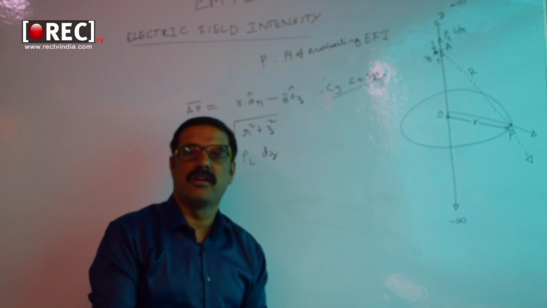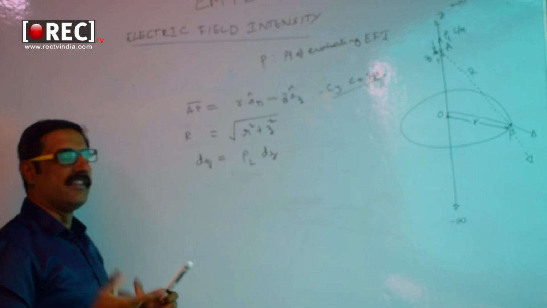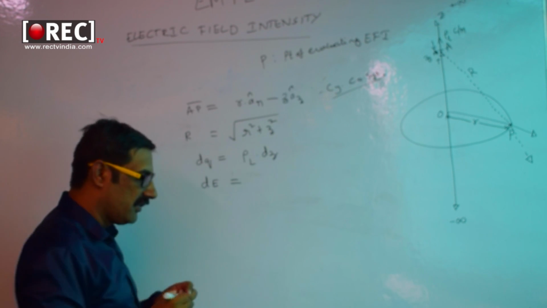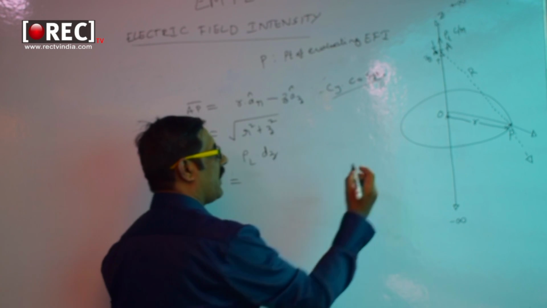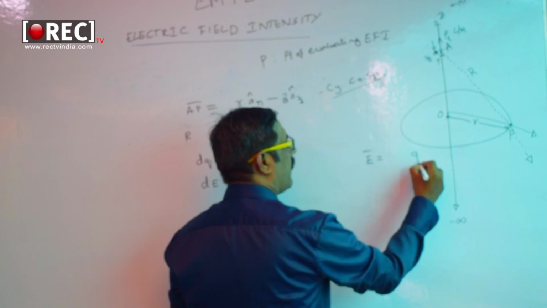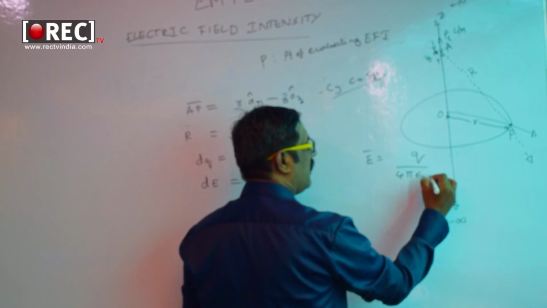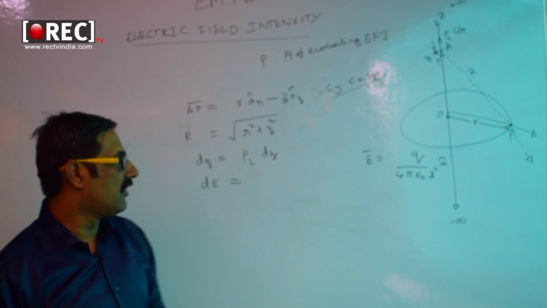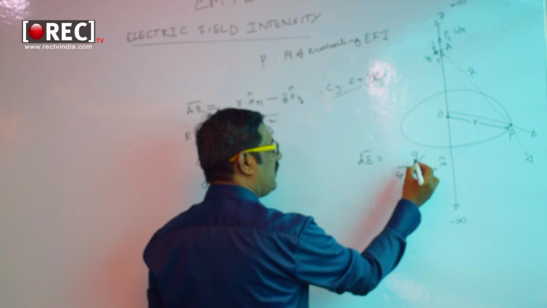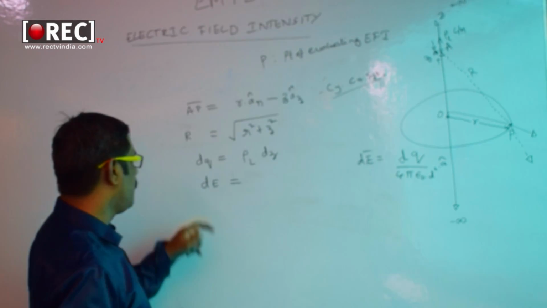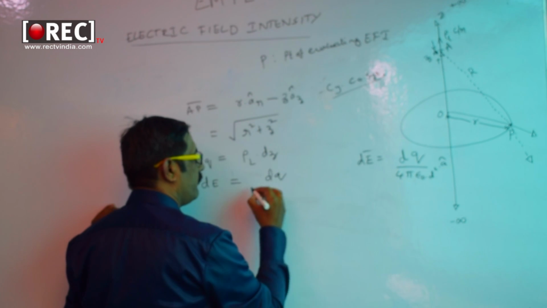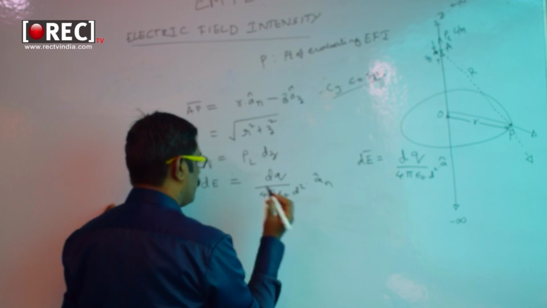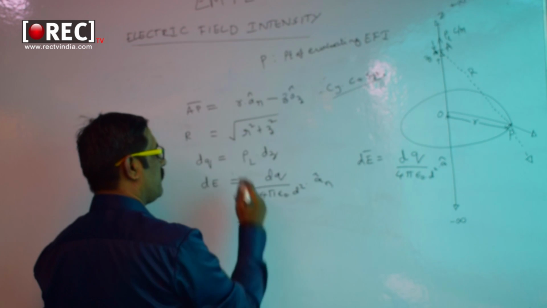Now after getting all these basics, let me apply the equation for EFI, that is electric field intensity. What is the basic equation? It is E is equal to Q by 4 pi epsilon naught into D square into A cap. This is the basic equation for electric field intensity E bar. Now I am evaluating first dE. So for dE it is simply dQ. So dE is dQ by 4 pi epsilon naught into D square into A cap. So now let us put each and every value here. So dQ can be replaced with rho L into dz